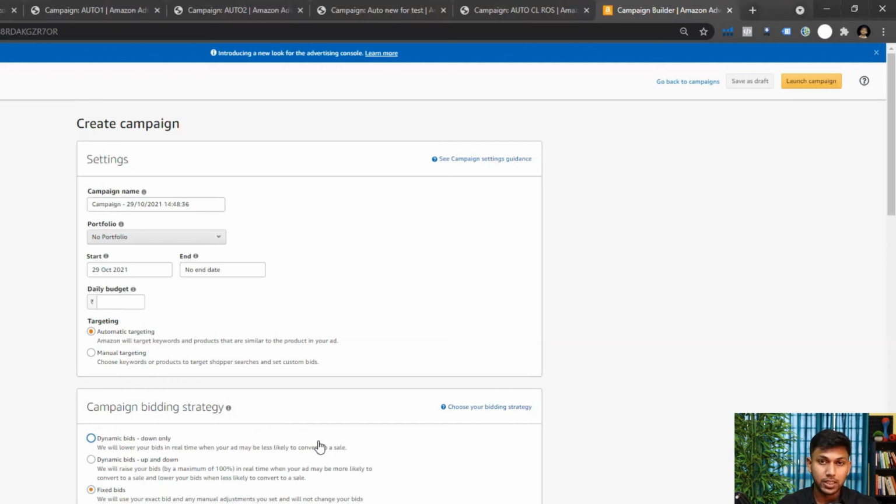Now it may seem a little bit high, like it will spend a lot of budget, but now your listing has a lot of data. Amazon is not going to spend